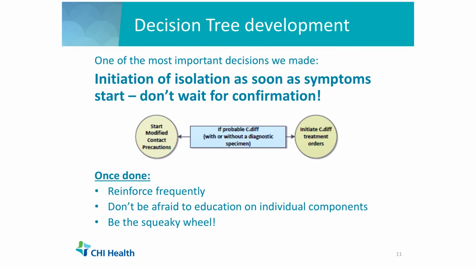It comes up, it's a quick reminder, and they remember it a lot easier. Of course, on this too, they also want to be looking at what antibiotics they're on. That is not necessarily a part of our decision tree, because that's a part of our review process, which we'll go over here in a minute. But you definitely want to make sure that you're going to look at that once you review if your patient does get C. diff. So that's kind of how we did our decision tree, and how I continue to educate on it.